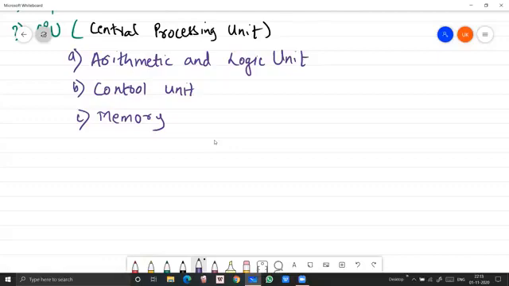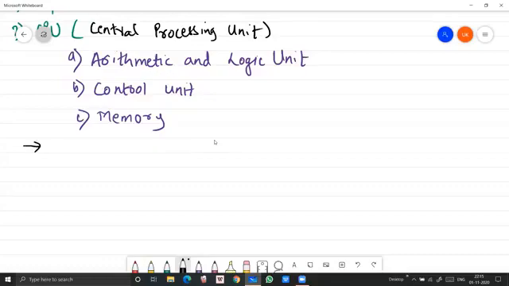Now what does arithmetic logic unit do? Students, this is the part of the CPU which performs arithmetic operations. It does basic mathematical calculations like addition, subtraction, division, multiplication, etc. And you can use some more functions as well using the formulas and all. But basically it does the simple, basic mathematical calculations like addition, subtraction, division and multiplication.